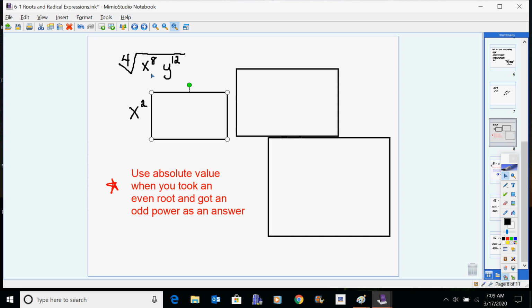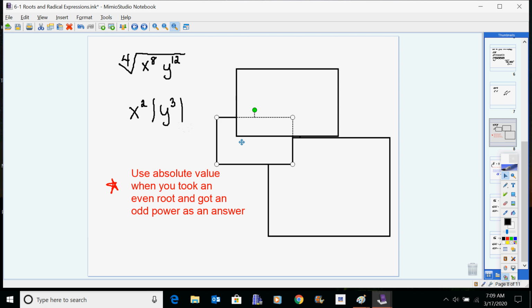Whether x is positive or negative, and we don't know, it's a variable, that's what a variable means. But if we have that, whether it's positive or negative, and square it, it's going to automatically give us a positive, so we don't have to think about any means of turning that answer into a positive. However, when you take this 12 and divide it by this 4, that would give you 3, but